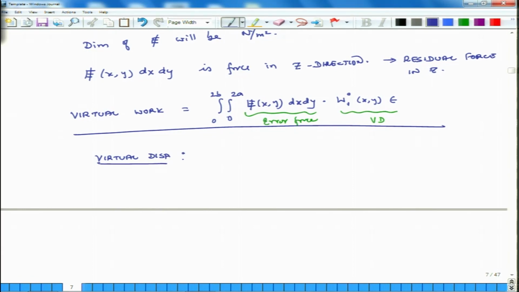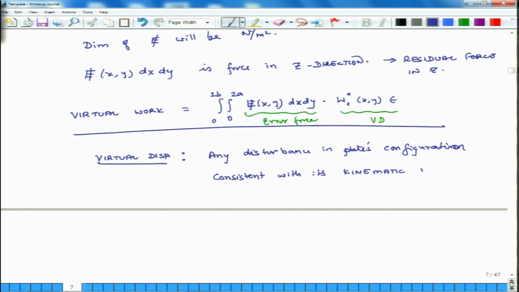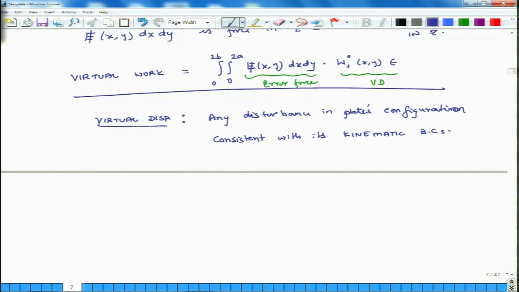So, what is virtual displacement? Virtual displacement is any disturbance in plate's configuration, any disturbance in plate's configuration consistent with its kinematic BCs, consistent with its kinematic BCs. So, what does it mean? So, suppose,